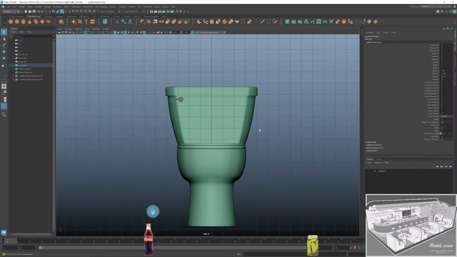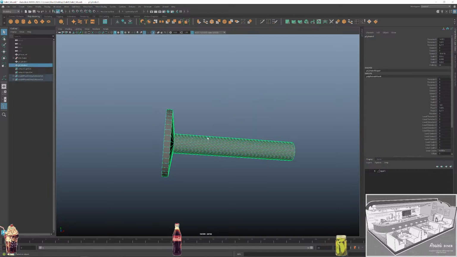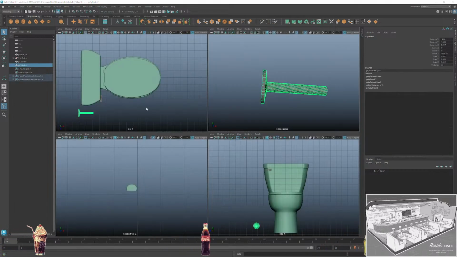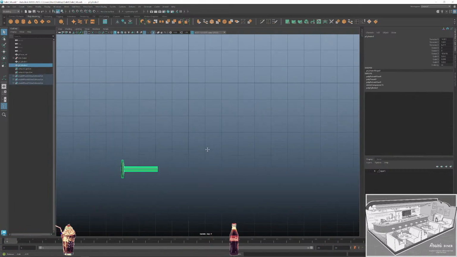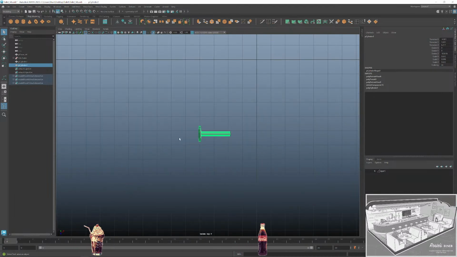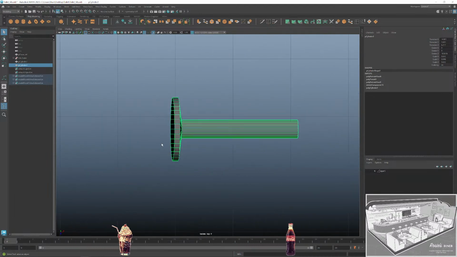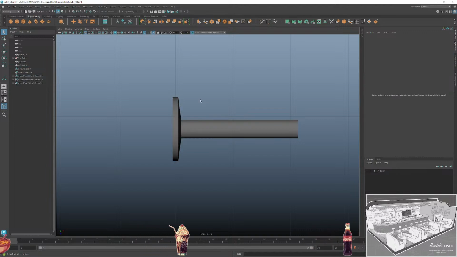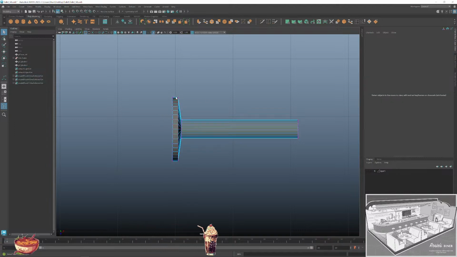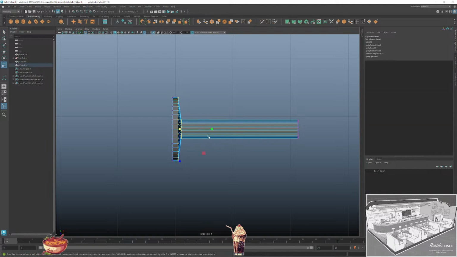I would like to find this thing here, press F to focus, and this is not even okay. Minus 90 to give it a proper rotation. Keep it straight forward, and here I just want to select all edges that I want to align and scale them a little bit